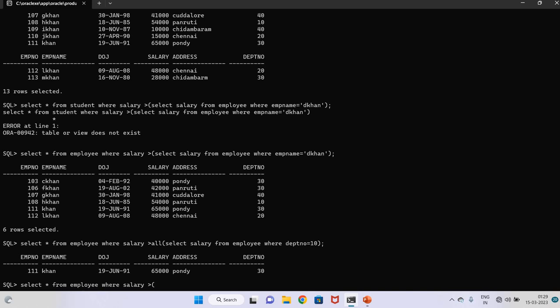So I am writing one subquery, select salary from employee. We can't give directly 50,000. We have to compare someone's salary. So what I am comparing is